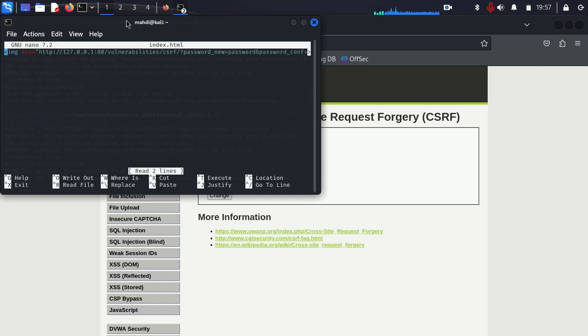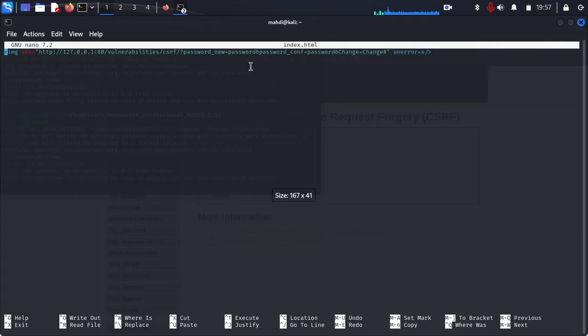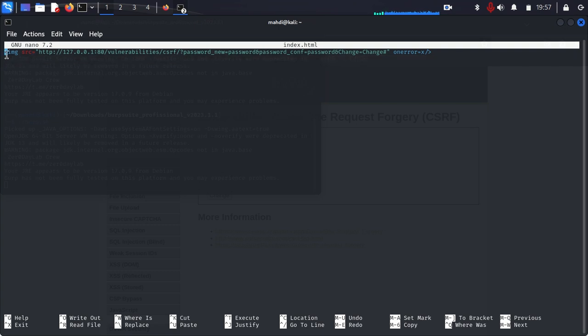In that file you can see we have already set an image tag. Inside the image tag we have set the source, which is http://localhost:80/vulnerabilities/csrf/?password_new=